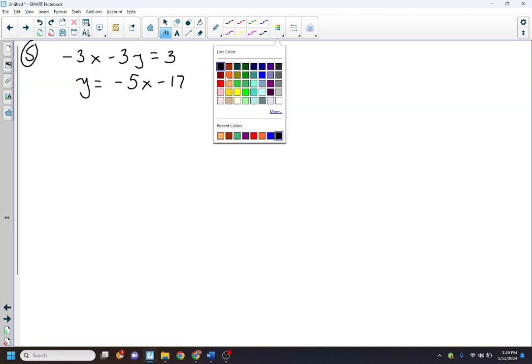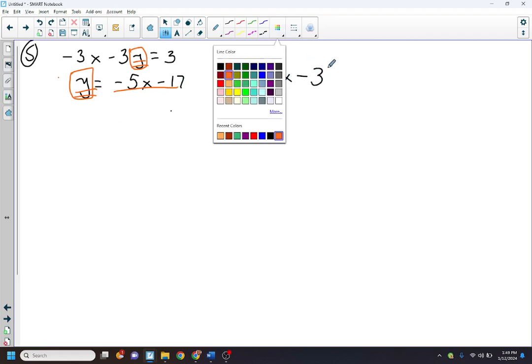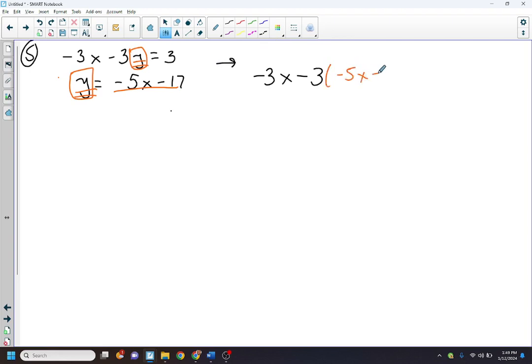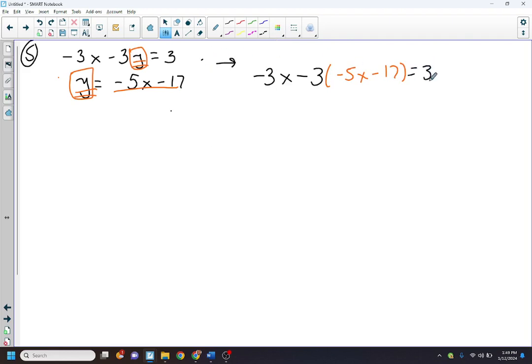This one, we're going to solve. Since y is here and y is here, I'm going to substitute this y with this y using this equation. So on the top, it's going to say exactly the same: -3x minus 3, except the y will become -5x minus 17, equals 3. We're going to distribute the -3 to here. -3 times -5 is positive 15x. -3 times -17 is